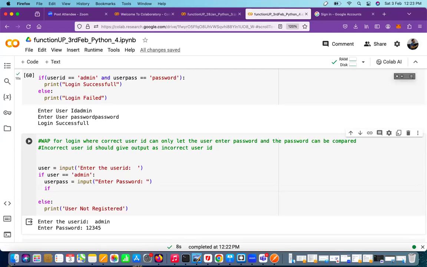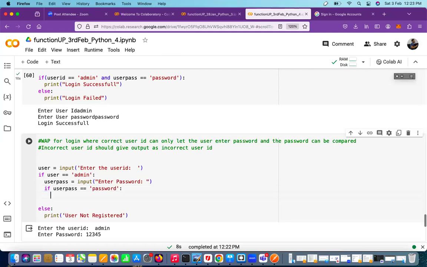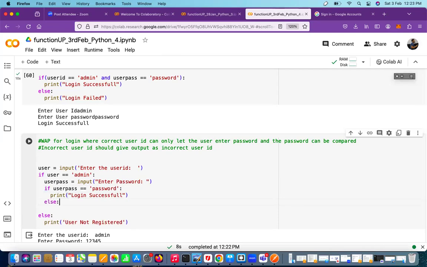Okay, I have to follow the same indentation that this guy is following. This is called what? Nested if. Nested if stands for if condition within the if condition. Okay, so if user pass double equals to password, then do what? Print login successful, isn't it? Else print wrong